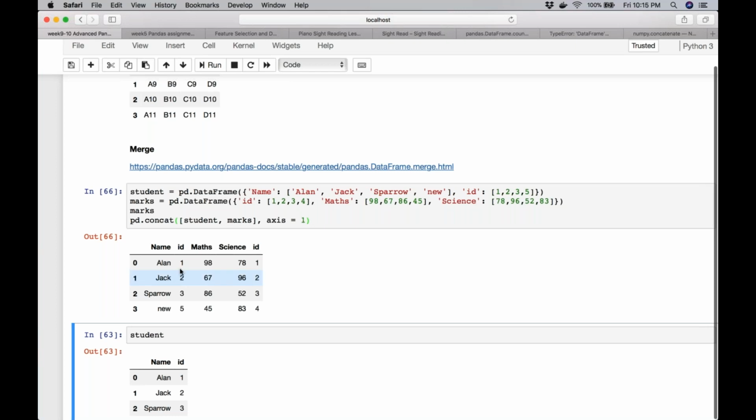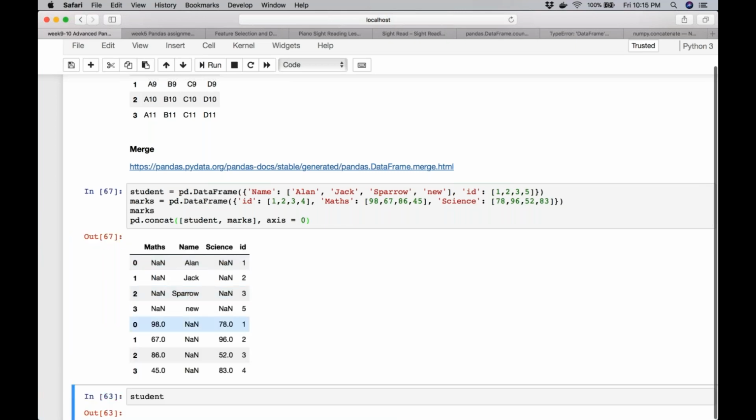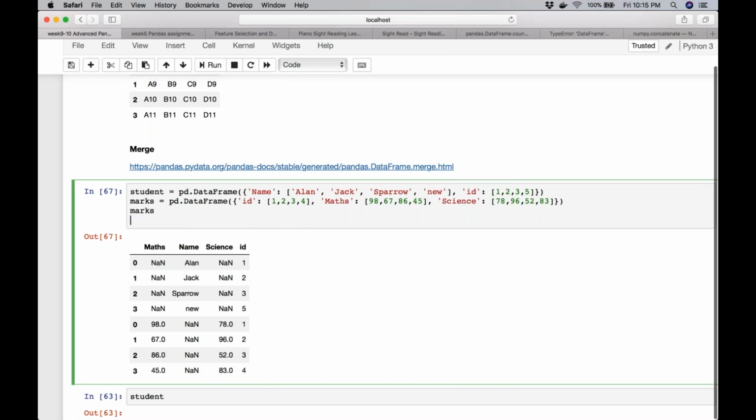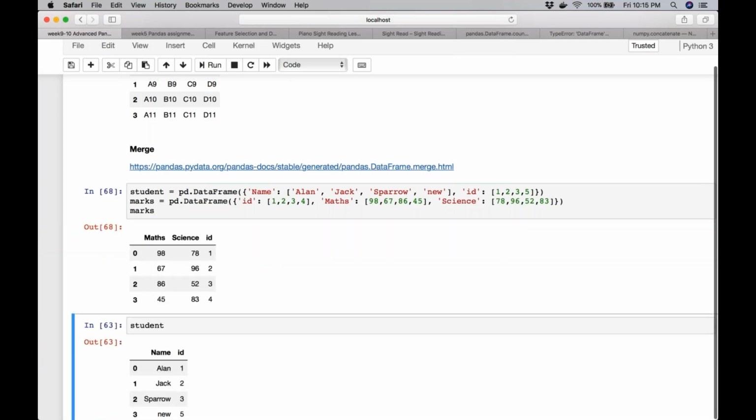It does not use any intelligence. So you can see that even the ID numbers are not matching, it doesn't care, as long as the indices are matching. And in the case of axis 0, what will it see? It will only see if the column names are matching. So if I make this axis 0, it will just match the ID. The rest of the column names are not matching, so it just introduced a bunch of NaN. So concat is in a way a slightly less intelligent join, you can call it that. It just pastes the data frame, but of course it has its own utility.